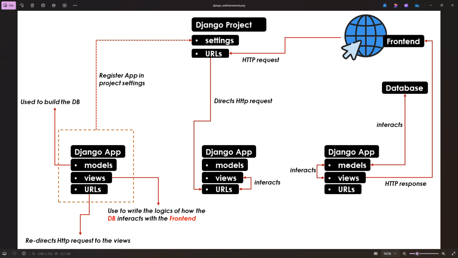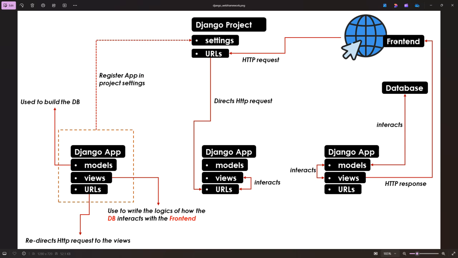It will go back to the models, from the models to the views, from the views to the application URL, from the application URL to the Django project URL, then from the Django project URL back to your front end, to what you are interacting with